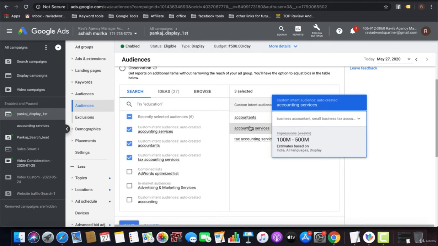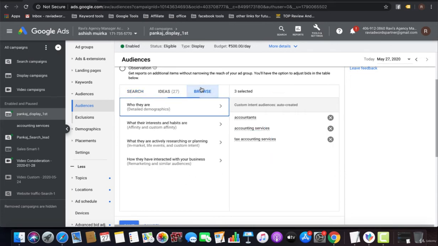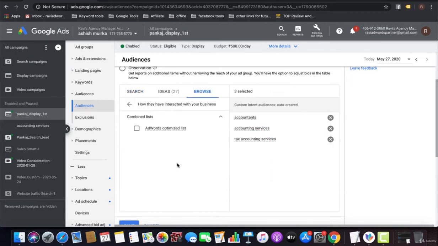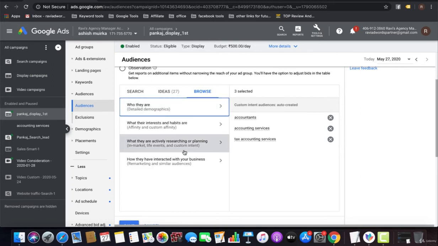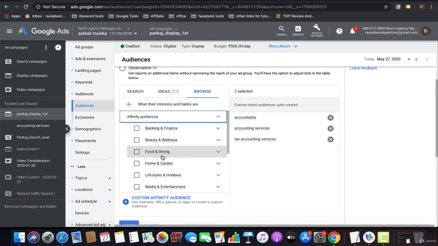Layer targeting is that if your goal is to target those audience who have buying intent, you can do so by layering an intent or in-market audience on top of your custom affinity audience. This will signal Google that you want to show ads to people who are inside your affinity audience, or that you have created, which are shown in the audience as well. Like layer targeting is that you can show your similar audience or add in-market audience as well, and that is affinity audience, like those who are already interested and already searching for these services.